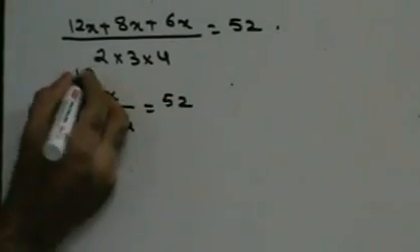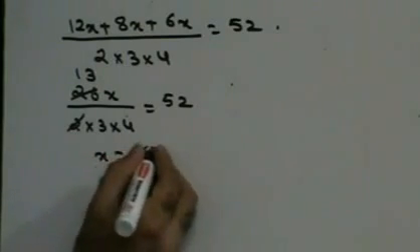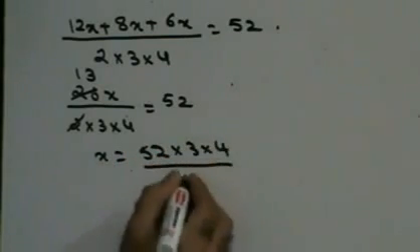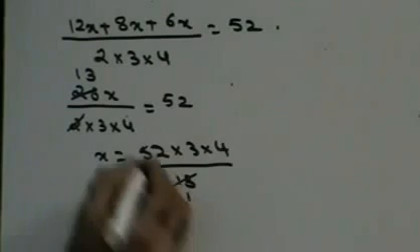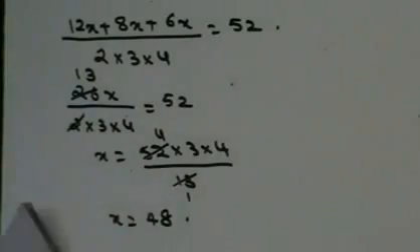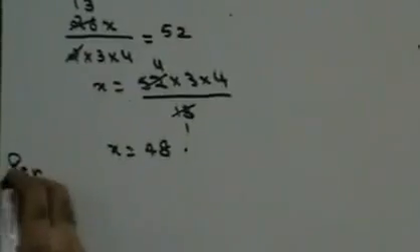This is 13s are. So in that case x will be 52 into 3 into 4 upon 13. 13 ones are, 13 fours are. X is 16 threes are 48. Once you know the value of x, then I can say that therefore the lengths of the side